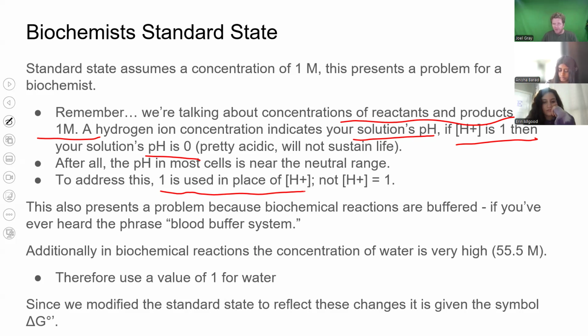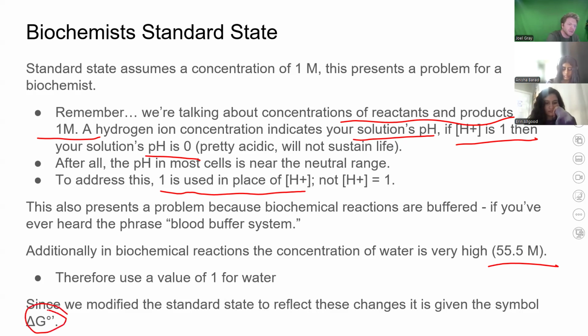In addition to that, biochemical reactions are buffered. Biological systems have buffers. If you've ever heard the phrase the blood buffer system, that's why the pH of your blood isn't going to dramatically change. If it did, that could be fatal. Additionally, in biochemical reactions, the concentration of water is extremely high, 55.5 molar. So in place of the concentration of water as a reactant or product, we just use the number 1 for that. With that in mind, biochemists modify the standard state to reflect these changes,